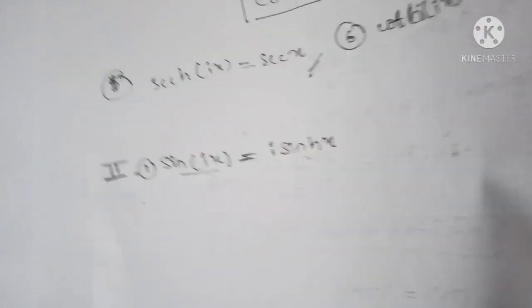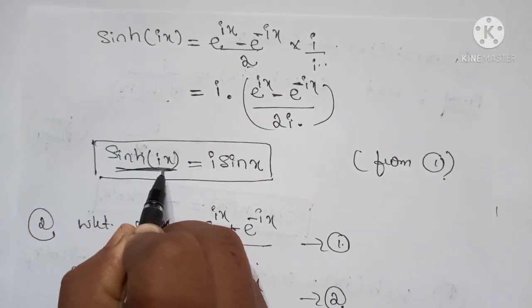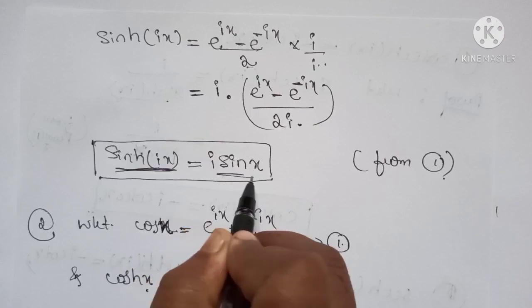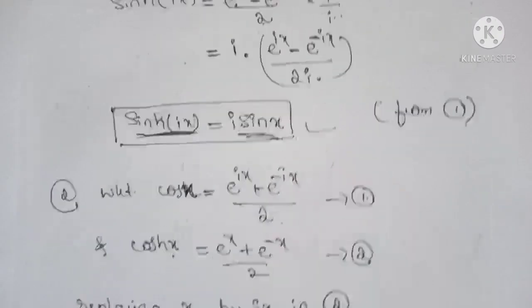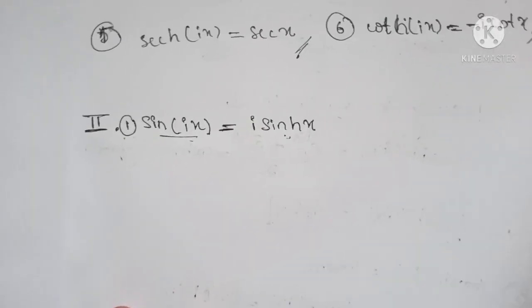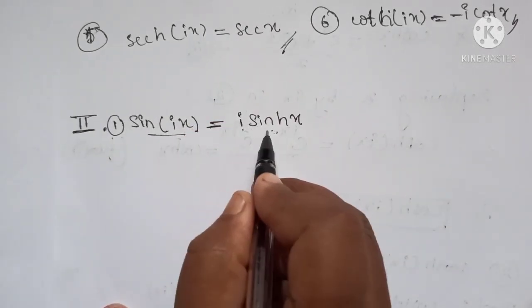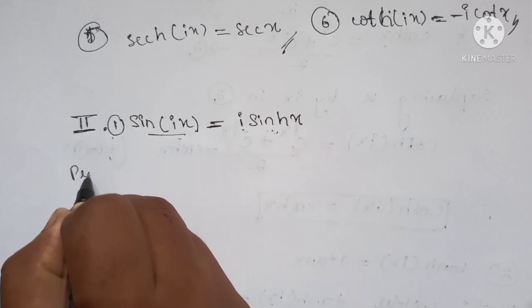So in the first case, if it is a hyperbolic function, then it can be transformed into a circular function like this. That means we can convert hyperbolic to circular, and circular to hyperbolic. So here, if the function is of the form sin of ix, then it can be transformed into hyperbolic as i sin hx. So proof,